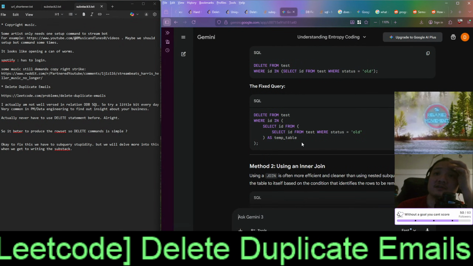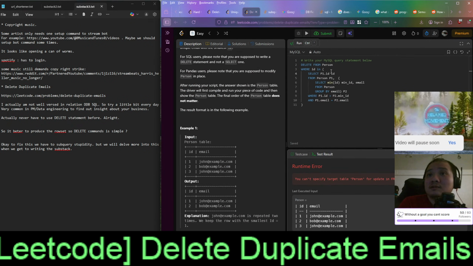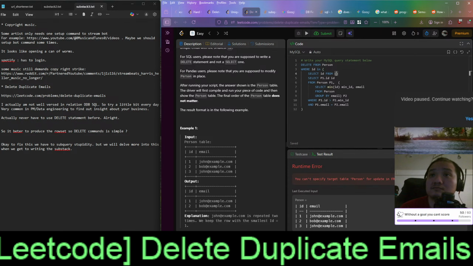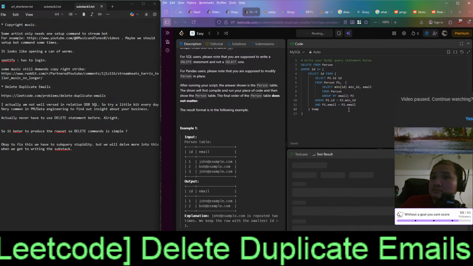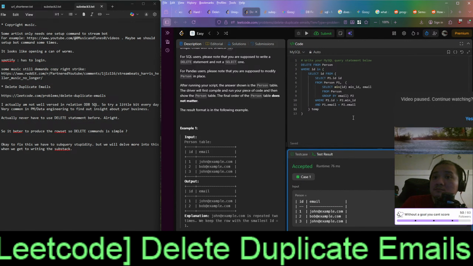This problem right here, which is now we have to do select ID from. Why does it happen? I don't know. It's temp. Yes, that's it.